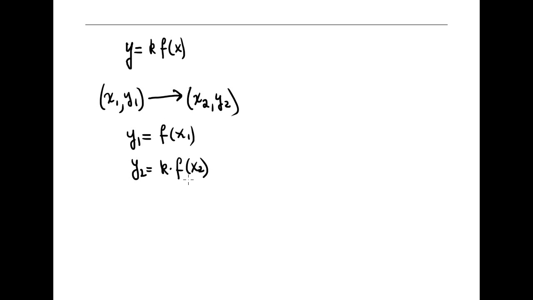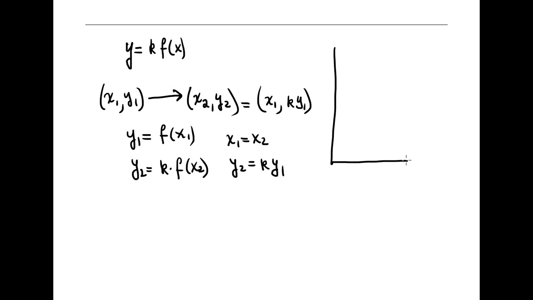If you suppose x1 and x2 are the same, then y2 is equal to k times y1. And this is the relationship. The relationship is the same x, comma, and the second component y is multiplied by k. What is the interpretation of this graphically? The interpretation is,